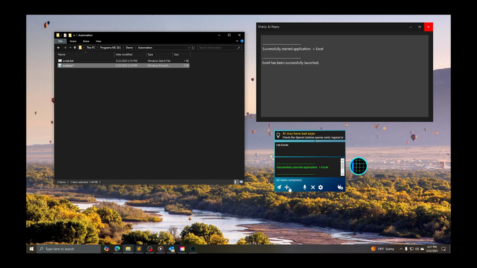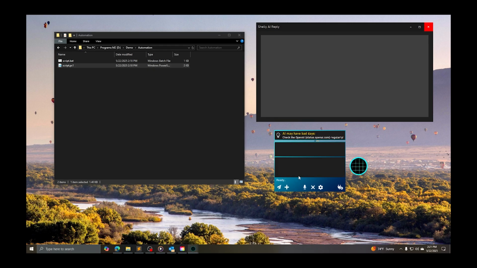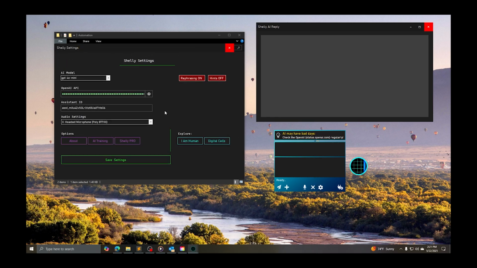Shelly is now available with this version 0.1. It's already available to download. You will only have to create an OpenAI API account. After that, you'll go to settings, paste your API key here and your assistant ID, and basically that's it. And of course, you can also